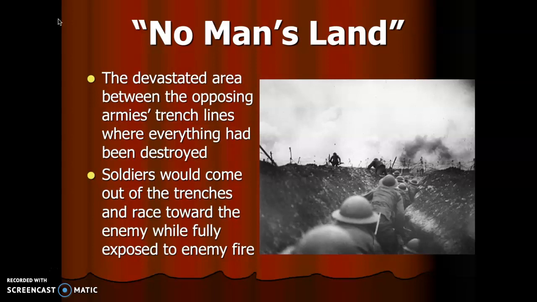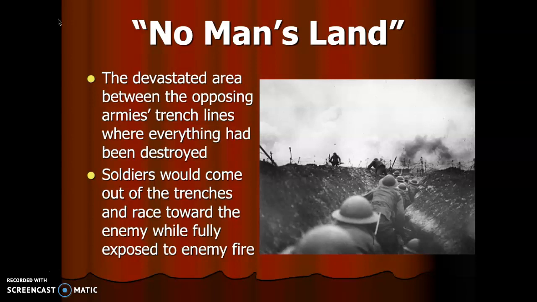Add to that, life in the trenches was extremely difficult. There were no bathrooms. That's where you ate. That's where you slept. That's where you basically lived while you were on duty. And so it was cold. It was nasty. You've got rodents, all kinds of disease that starts to happen. So a lot of people will lose their lives through disease and not necessarily through gunfire.